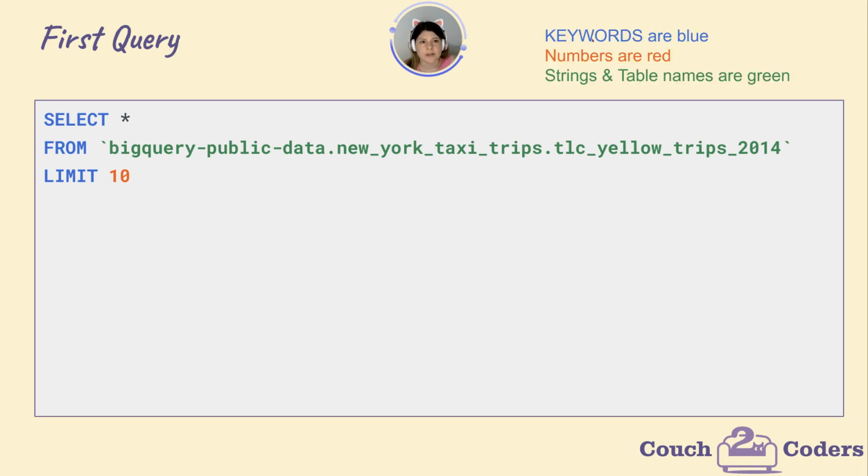You'll notice that keywords are blue. Select, from, limit is blue. Numbers, 10, 15, whatever it is, always red. Same thing for comments. And strings and tables are always green. So text data is going to be green. And when you're first looking at this, it might feel kind of ugly or chaotic. The reason for these color codes is for you and I as people to be able to debug our code quicker. It's not going to make sense now, but as you keep going, you're going to start building this skill